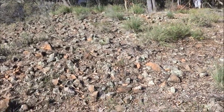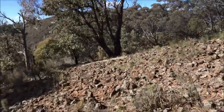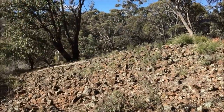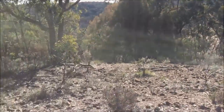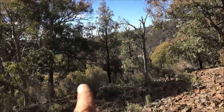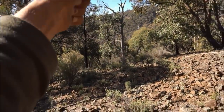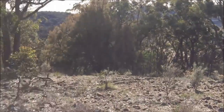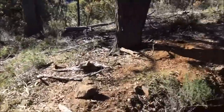So it's very likely that over millennia we've had our sedimentary deposits, this being an old riverbed up here, and then later on further down the line we've had a volcanic eruption, and as a result it's all been capped off and trapped. So I've got to take my hat off to the old boys, how they even traced it. Now the creek is all the way down there in the valley, and they've come all the way up this hill and they've traced it all the way up to here. One thing's for sure though, they must have been getting something good for the amount of work that they did